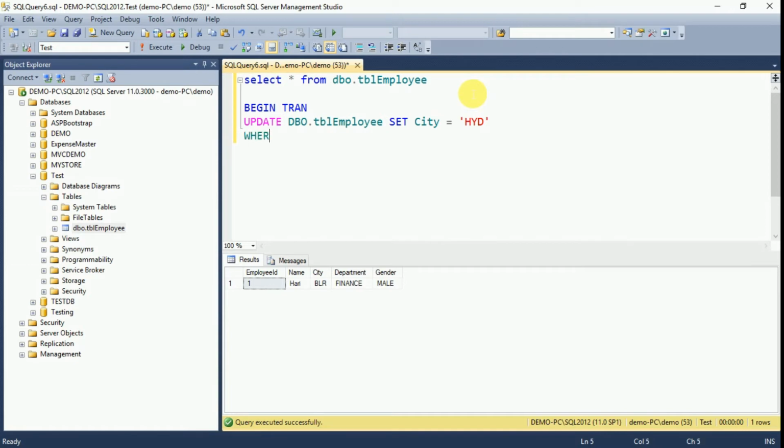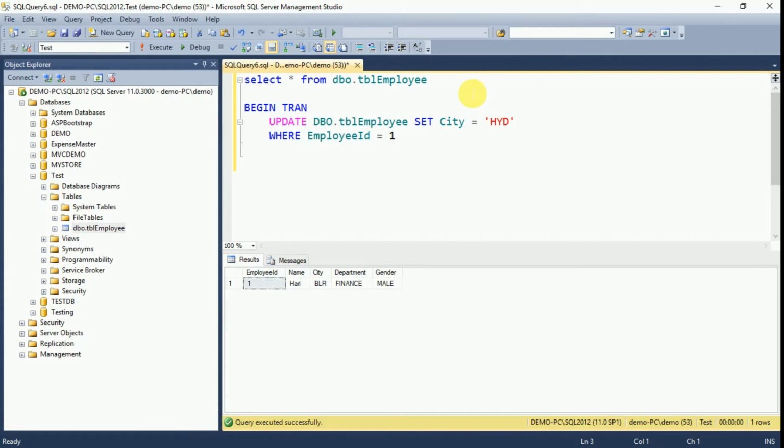And here we can pass our where condition also, otherwise it will update all the records in the table. In our case we have only one record, so we can use it without the where condition also. Here we use the begin transaction.